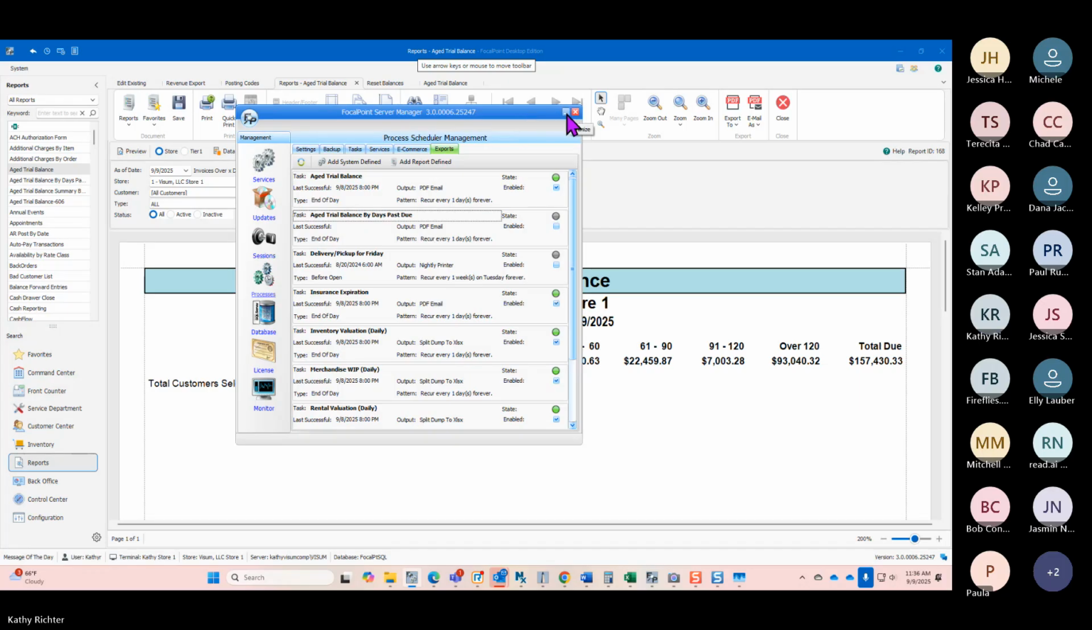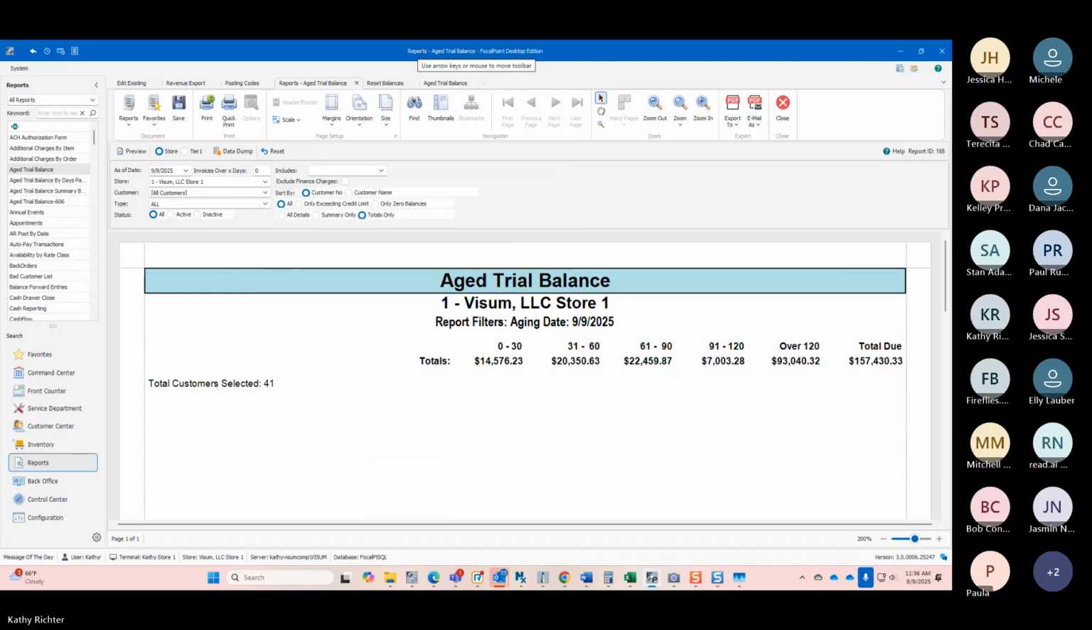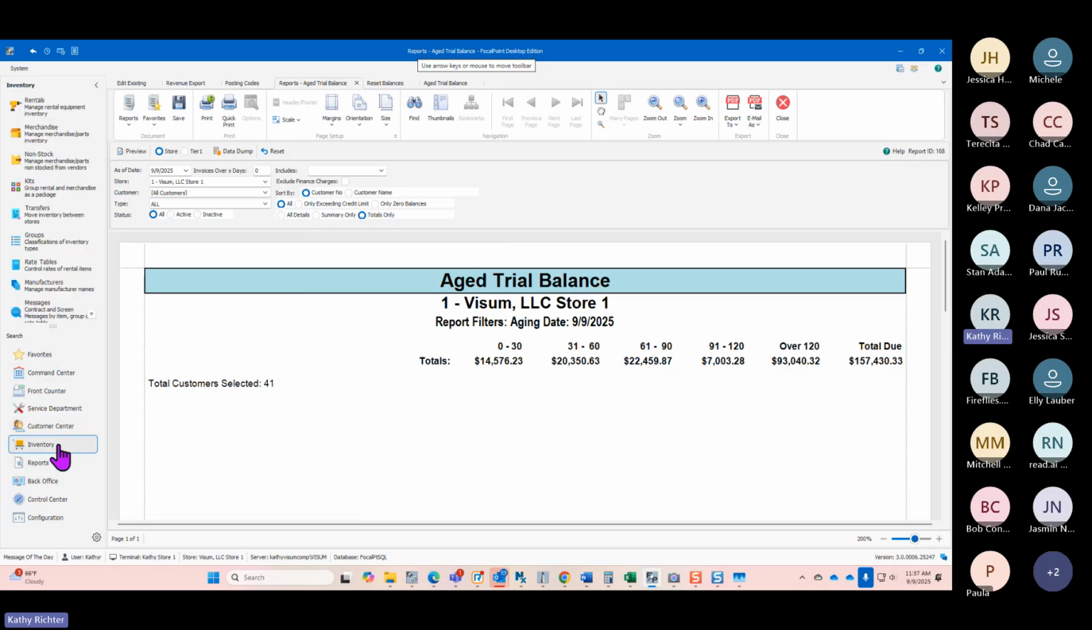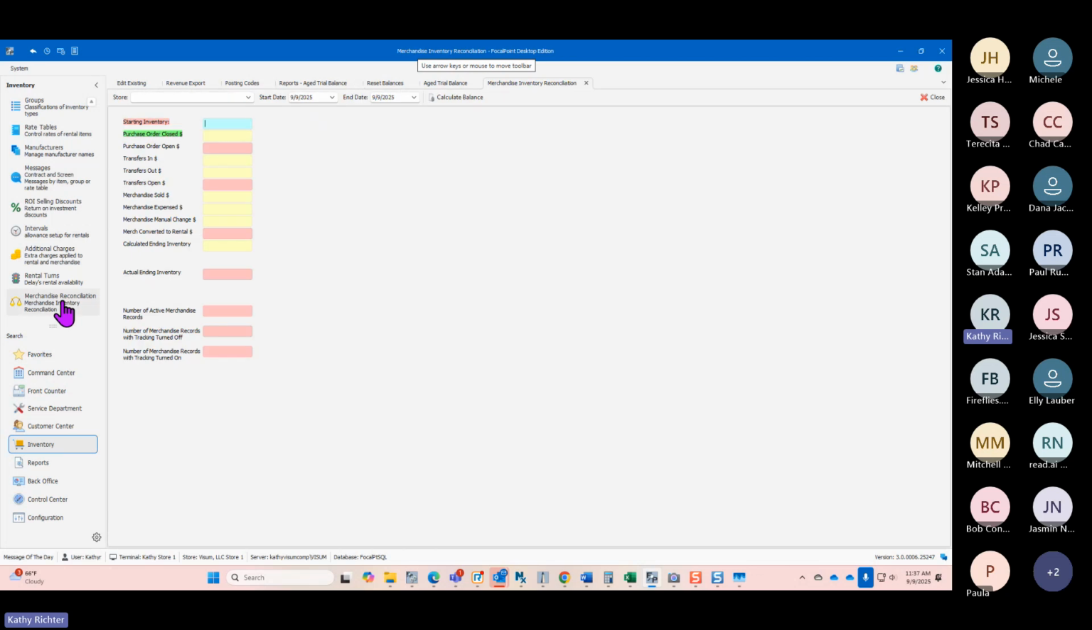Anything else? And if not, I have one more thing I want to look at, and then I'll see if you have any other questions. We're not going to touch on this one too much, but to make you aware, with one of the updates in the last few months, off our inventory, we added this merchandise reconciliation program. And with this, I can see what my starting inventory was for today. I had no purchase orders. I did sell merchandise of $3.45. And my actual ending inventory shows this,